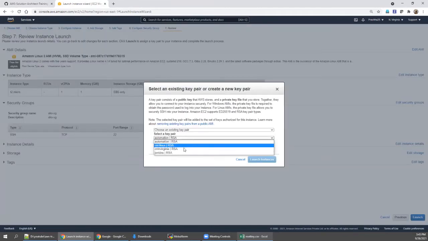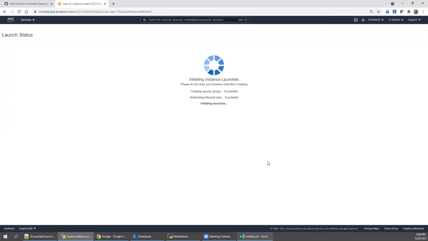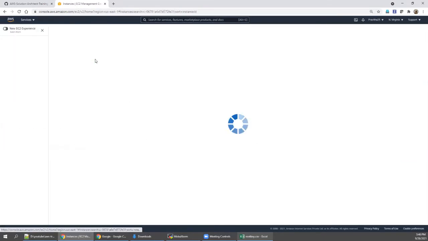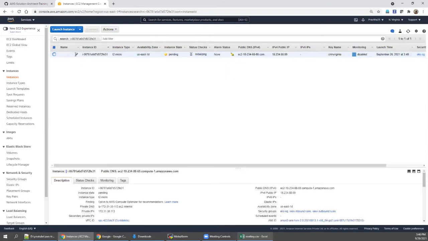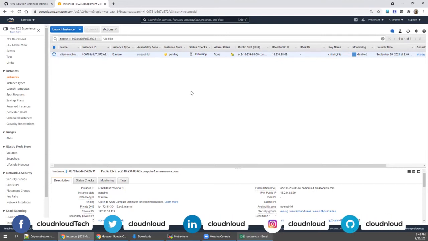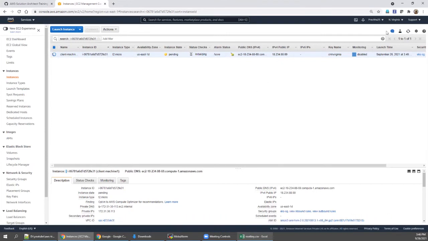There is already a key I have, so I'm selecting it. If you don't have one, you can create it. Launch instance. Once it's launched, name it, say, client machine 1. Let's wait for a few seconds.